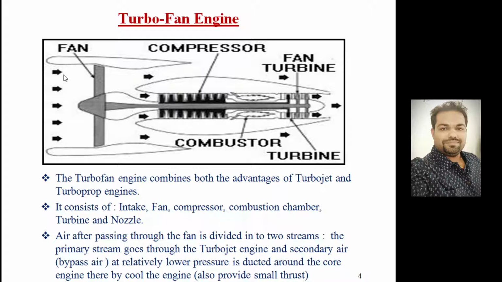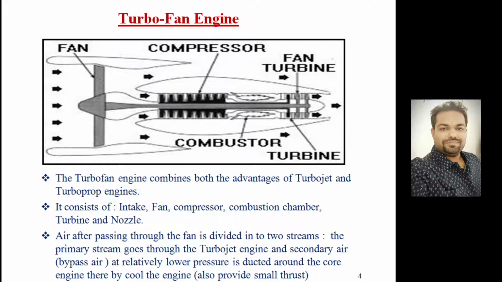So what the fan is basically doing, you look at the curvature present here. The cold air flow which is coming in the fan is getting expanded here in the divergent section. Due to this expansion of the cold flow, it is generating thrust. As well, you look at the core engine, which is the turbojet, and the hot exhaust gases are getting expelled through the nozzle here, and this jet is also generating thrust, that is called jet thrust. So the summation of cold thrust plus jet thrust will give the total thrust generated by the turbofan. So it has an added advantage over the turbojet engine.